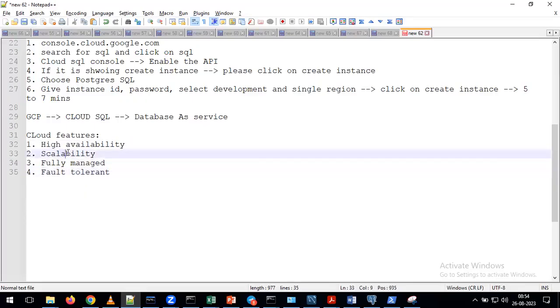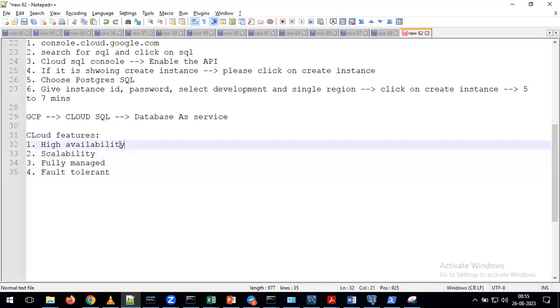Let's recap. What is the meaning of scalability? Depending on the requirement, we can either increase or decrease the number of services. That activity we call scalability. How many types of scalability do we have? Two types: vertical scalability and horizontal scalability. What is vertical scalability? If you increase the services or resources within the system, we call it vertical scalability. What about horizontal scalability? If you add an external system, we call it horizontal scalability. That's how you can recap what we discussed on scalability.